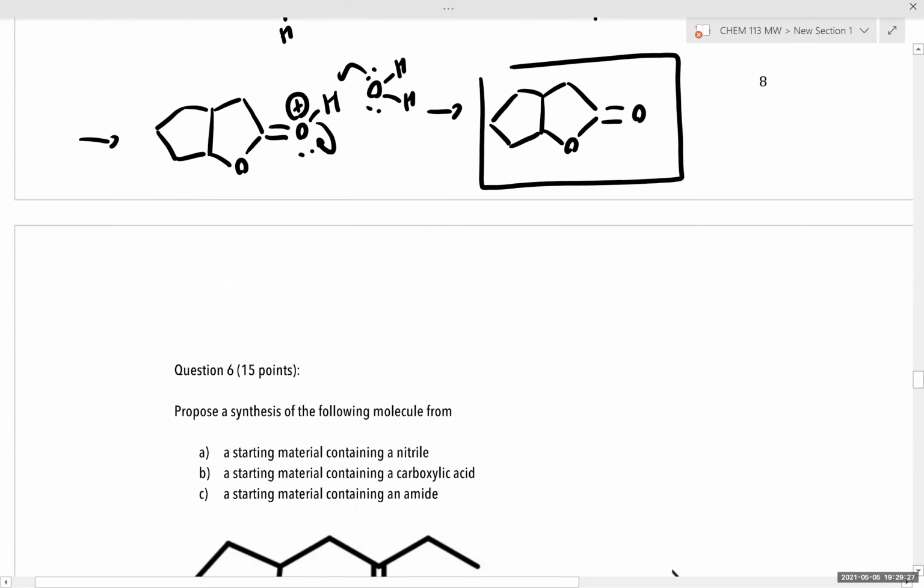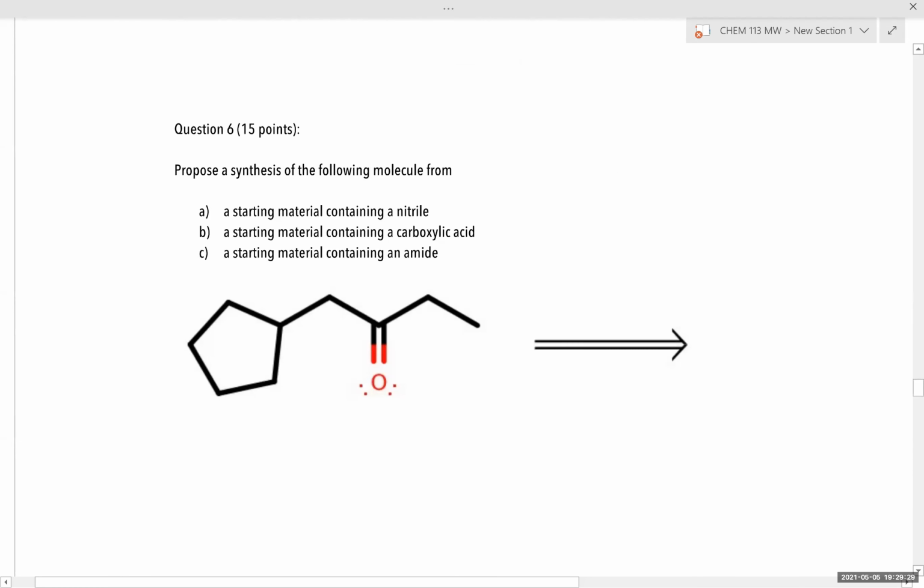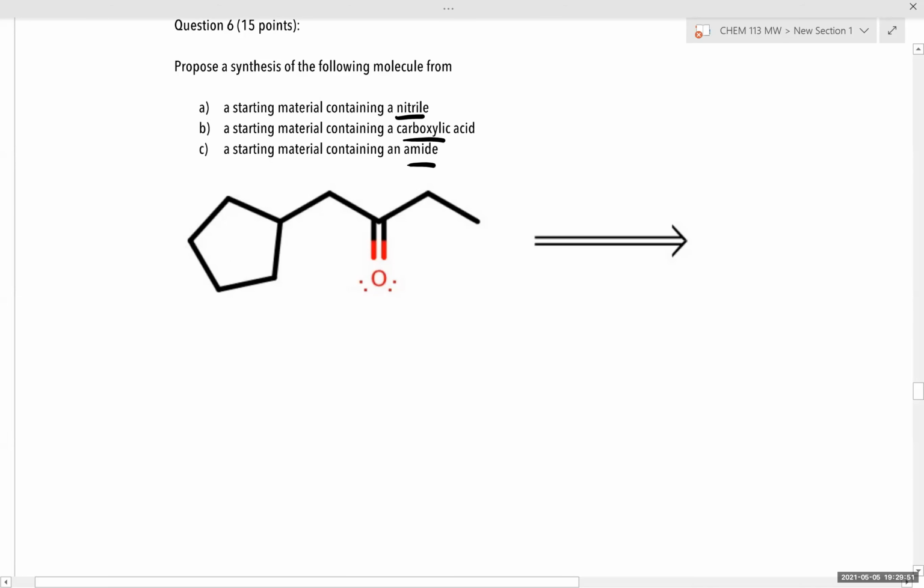Okay, let's keep going then. In this case, we're asked to propose a synthesis of the following from a starting material containing a nitrile, carboxylic acid, and amide. And those certainly were creative. They weren't wrong, but I just like to highlight some more efficient synthetic routes using the methods that we've learned in this class. So first, if we want to prepare from a nitrile, we can just break bond A, and